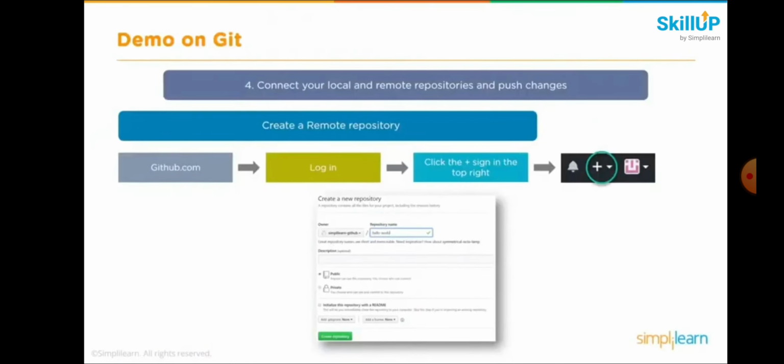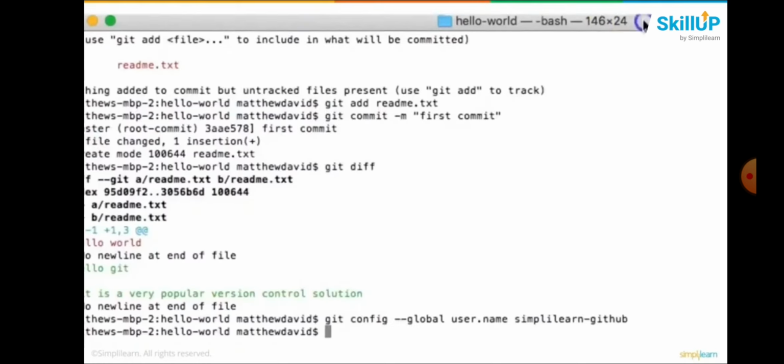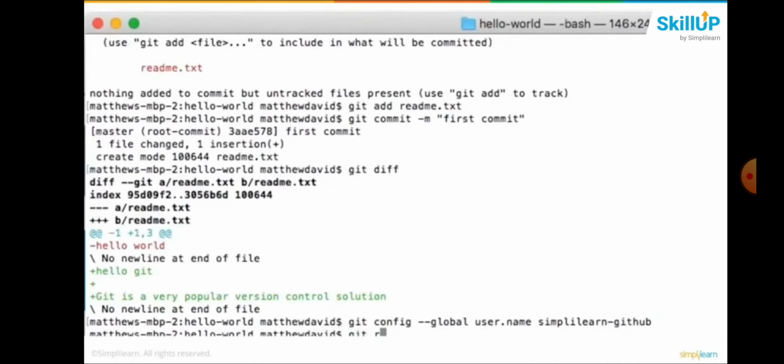And under the GitHub account, you can go ahead and create a new repository name. In this instance, we called the repository hello-world. And what we want to do is connect the local repository with the remote hello-world.git repository. And we do that by using this command from Git, which is our remote connection. So let's go ahead and type that in. Open this up so we can see the whole thing. So we're going to type in git remote add origin